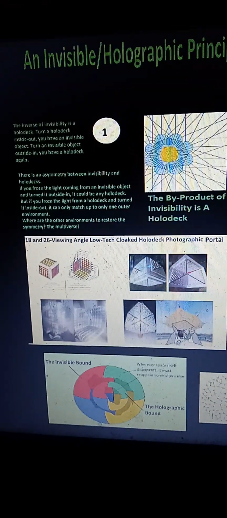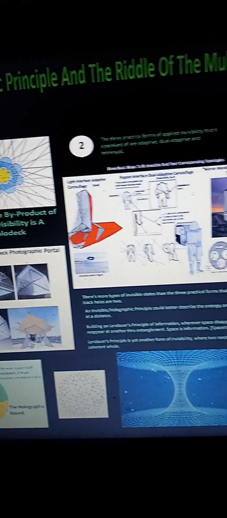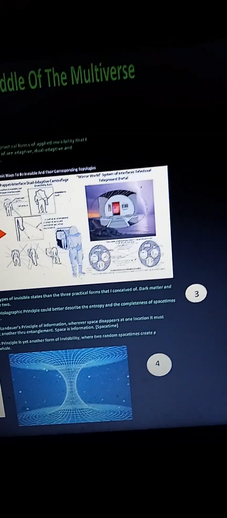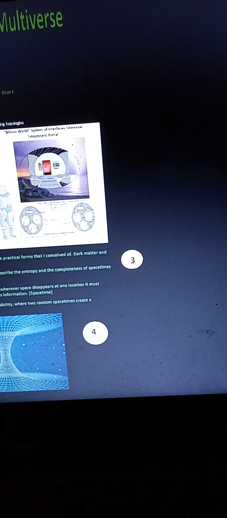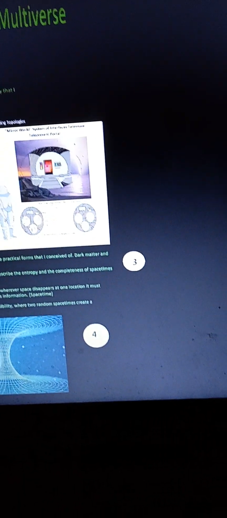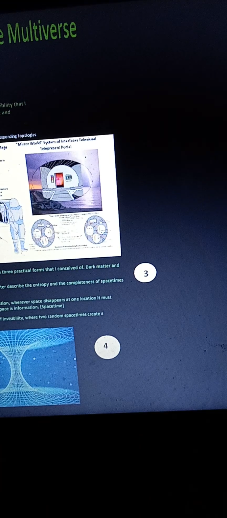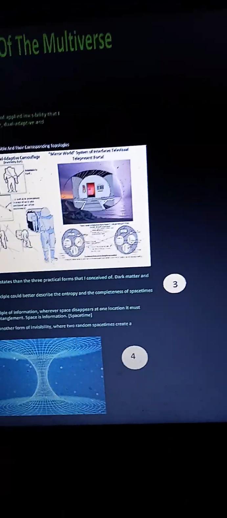I call this an invisible holographic principle in the riddle of the multiverse. And this is based on a lot of my ideas, but I'll include in the description a link to Dr. Juan Martin Maldacena's